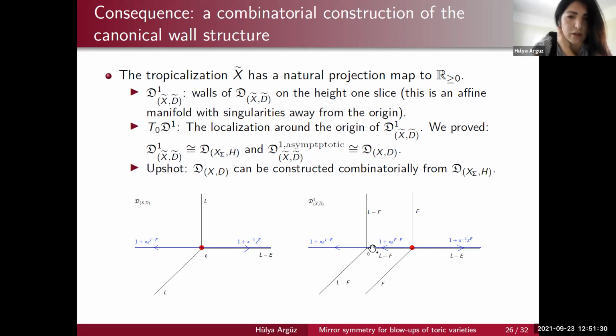Around the origin, it turns out to be just the combinatorially constructed scattering diagram, by which I mean there is a theta function around the origin of the slice, which is just taking the combinatorially constructed scattering diagram associated to xt to here. And if you just ignore what happens around the origin and look at the finite, infinite rays, they just correspond to walls of your canonical scattering diagram. And so we proved that you can just study the combinatorially constructed scattering diagram, and by studying that, you can understand